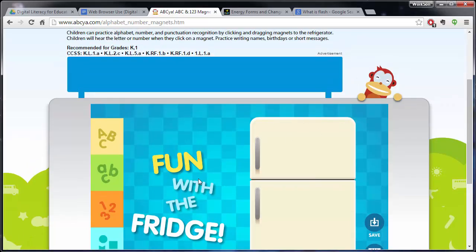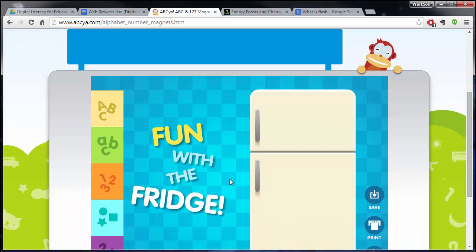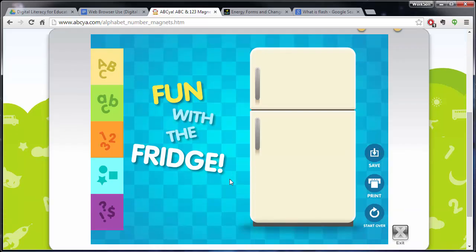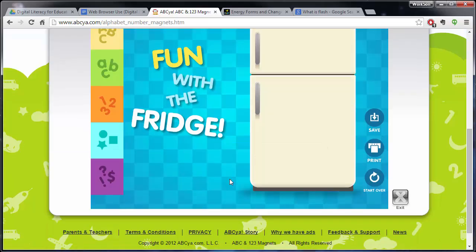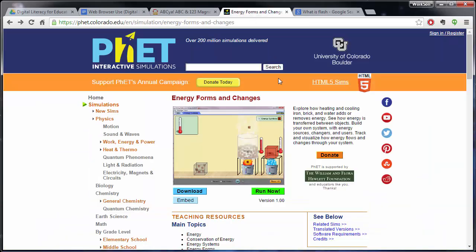So if you go to a website and you're on a mobile device and you see that, that is why that's happening. So when you're trying to find resources for your students or yourself that will work on different devices, try to make sure you check whether or not it's Flash. A lot of companies are starting to develop in HTML5. So going back to this PhET simulation, if you can find HTML5, that's generally more universal and can play on